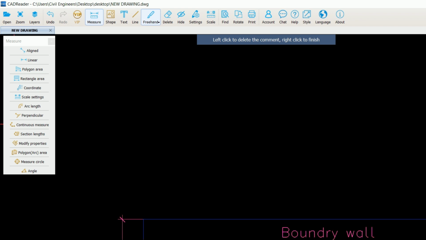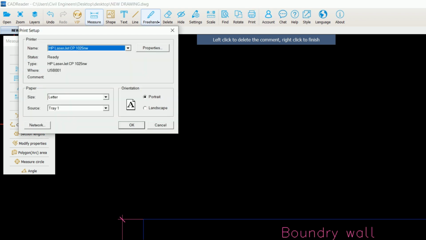Now guys, you can make a printout from this. Simply click on print and select your printer, or you can also make a PDF file from this. This is landscape, this is portrait. Okay, and you will see the PDF file, because we also have the option for PDF and for XPS document, and you can also select your printer. Hope this website can help you.